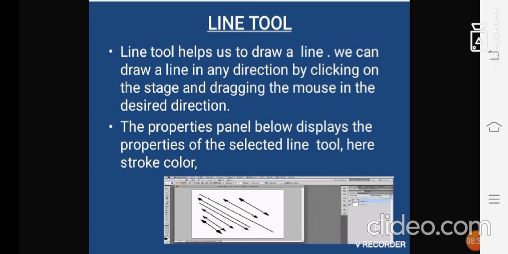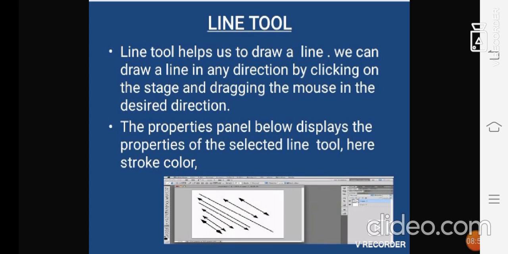Here, stroke color, stroke height or thickness, and stroke style can be selected if required. You can see the line tool over there, and these properties panels will help you to draw or color them.